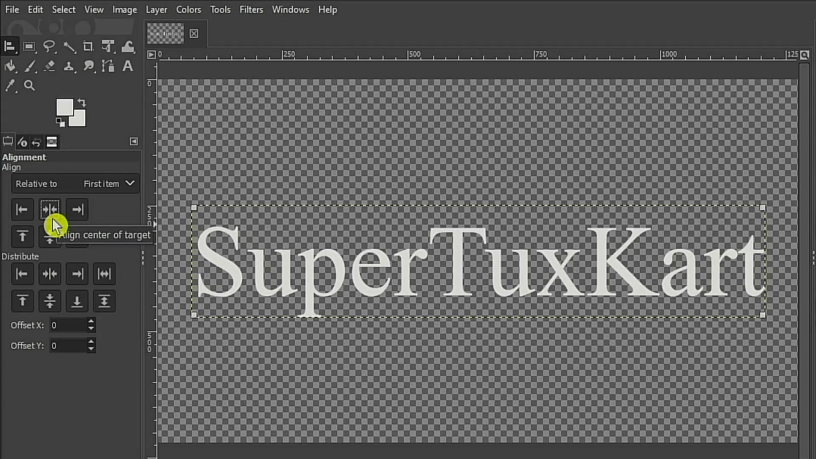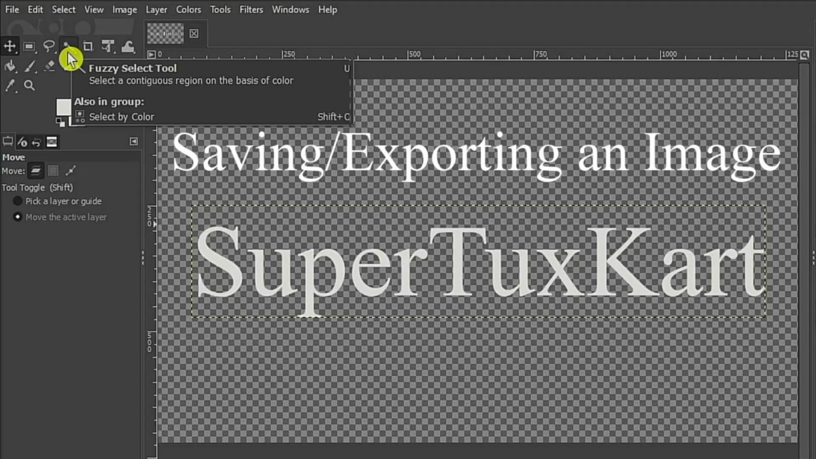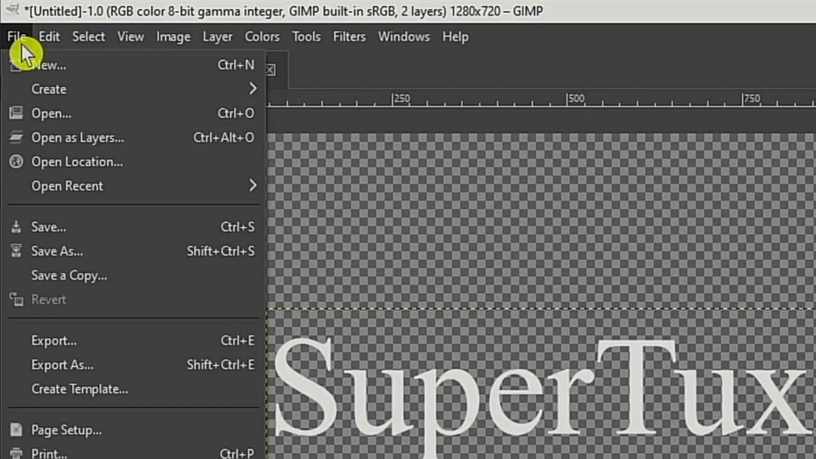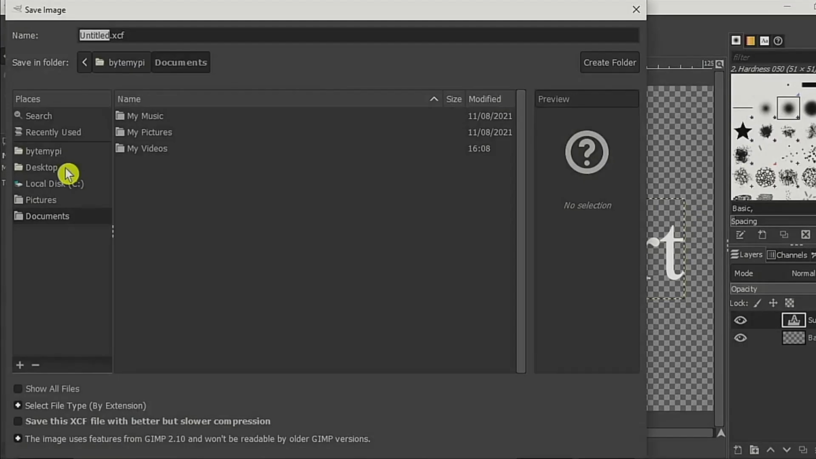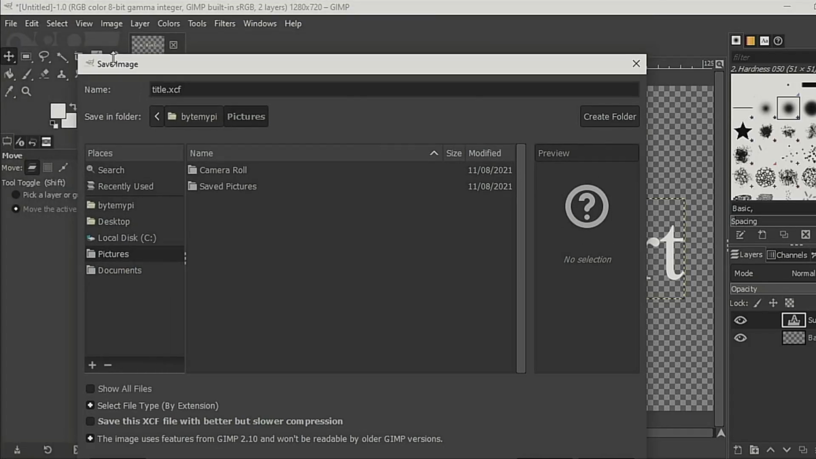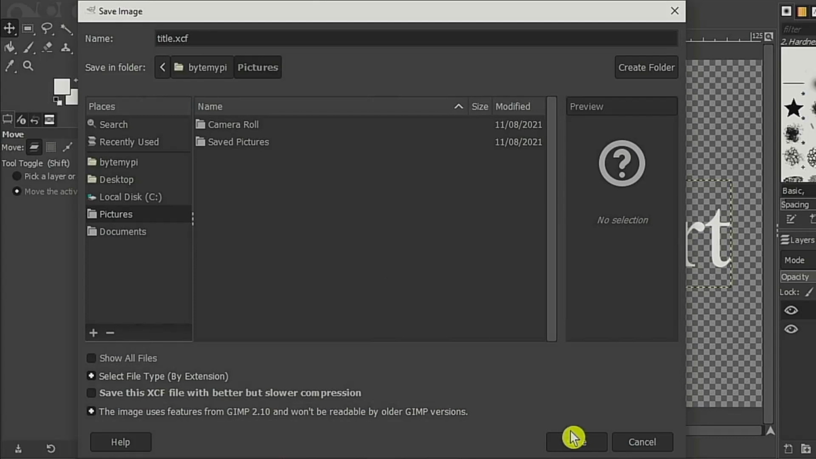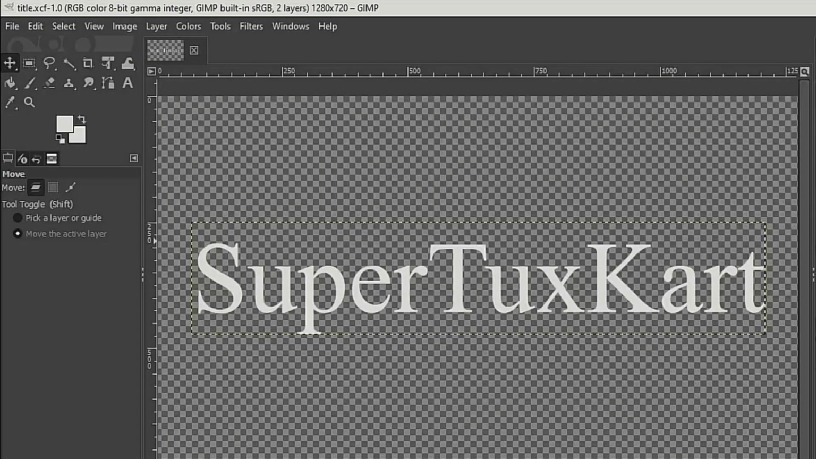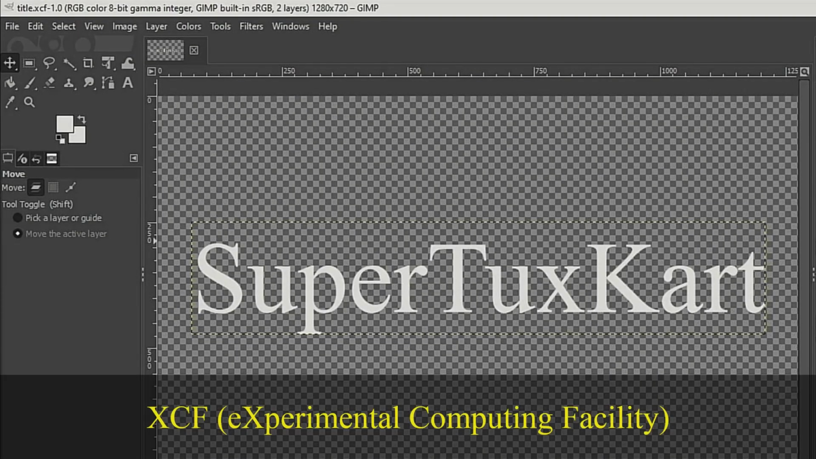And if you want to change the alignment tool back to the Move tool, just do the same thing, except this time select Move. With the image ready to go, click on the File menu and select Save As. I'm going to call it Title, and I want to save it in my Pictures directory. I just need to resize the window so that I can see the Save button, and then I'm going to click on it. That's actually saved this using GIMP's XCF file type,